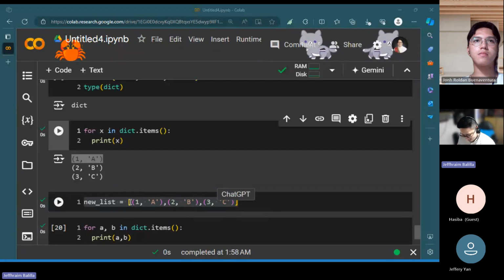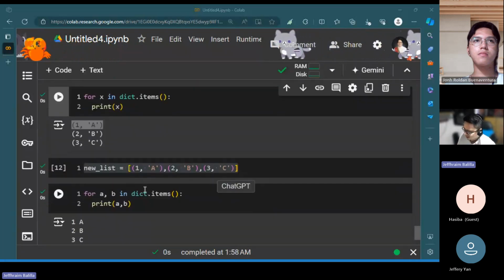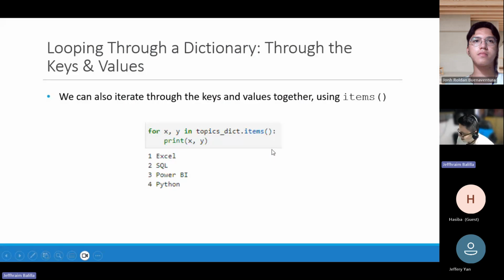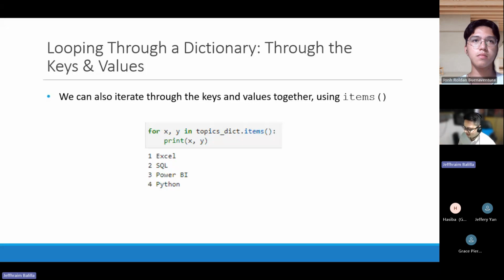So that's one thing that I just want to highlight here. It's not even in the slides. You might encounter it in the future, but at least you know the difference. Okay, so let's proceed.